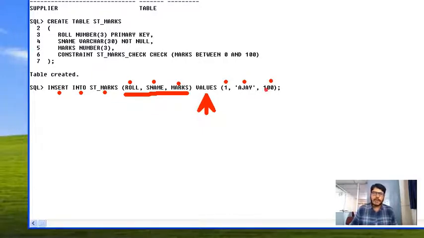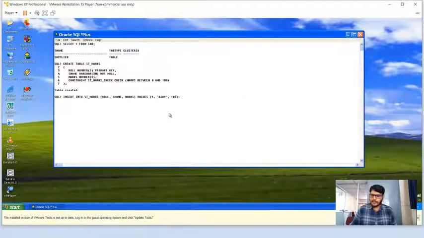In this case, what happens? It will check the value 100 and whether it lies within the range. Of course, 100 lies between 0 and 100, so it will insert this particular record. Let us see what happens. It has successfully inserted the record.